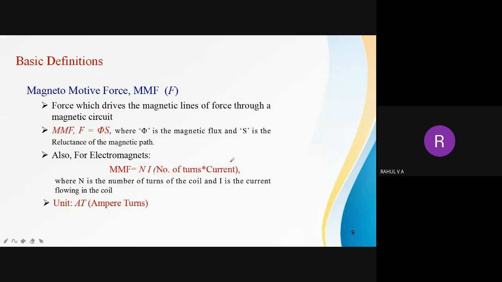So here you have to write what is MMF, magnetomotive force, then it is denoted by the letter F. There are two equations, phi into S and N into I, and the unit of it is ampere turns. Okay, how can you remember the unit easily? Because it is N into I. N means number of turns. That is why this turns has come. Unit of current is ampere, so it is ampere turns. N into I or I into N. I means the unit is ampere, N is number of turns. So ampere turns.